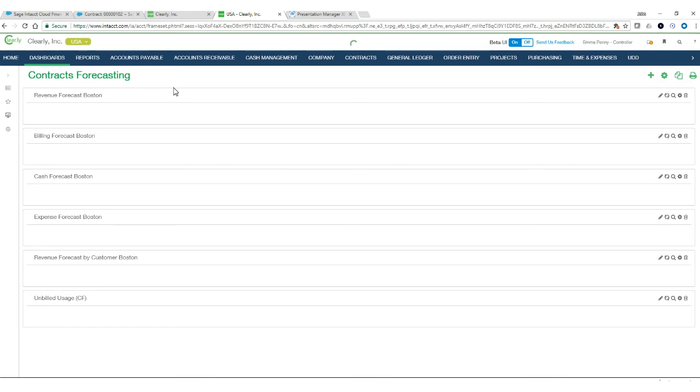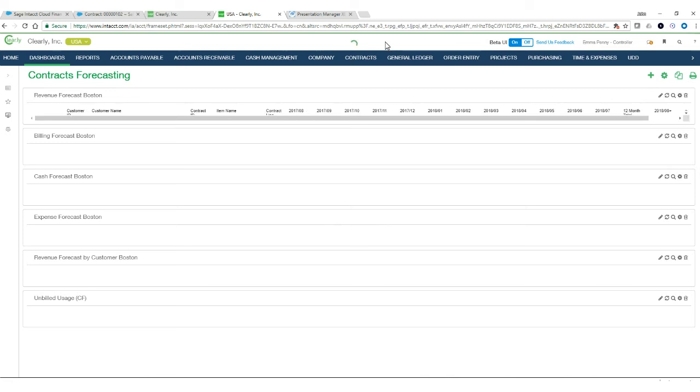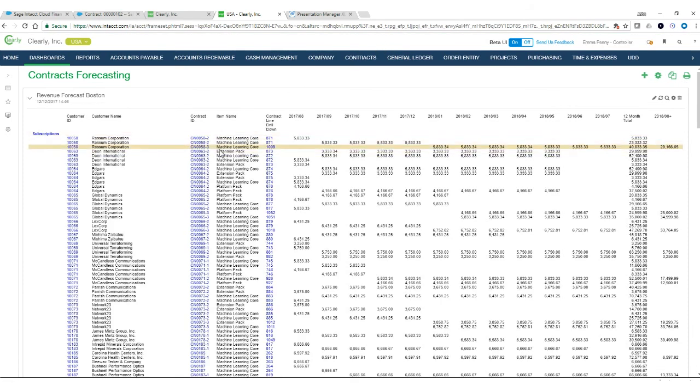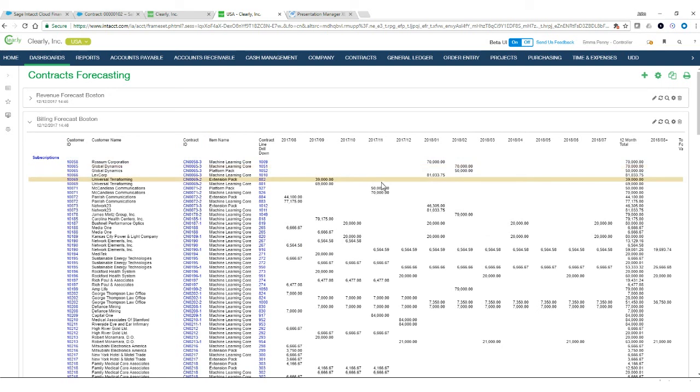This is all going to be available for you in individual reports that can be delivered out into dashboards. So taking a look and seeing, when are we expecting to recognize the revenue for all of the different components and different contracts, sorting across Intacct's variety of dimensions. We're looking at this perhaps by customer, by product, by territory, by sales rep, any of those individual values. So forecasting revenue, perhaps forecasting billing. When is it that we're going to send our invoices out the door and generate all these invoices to our